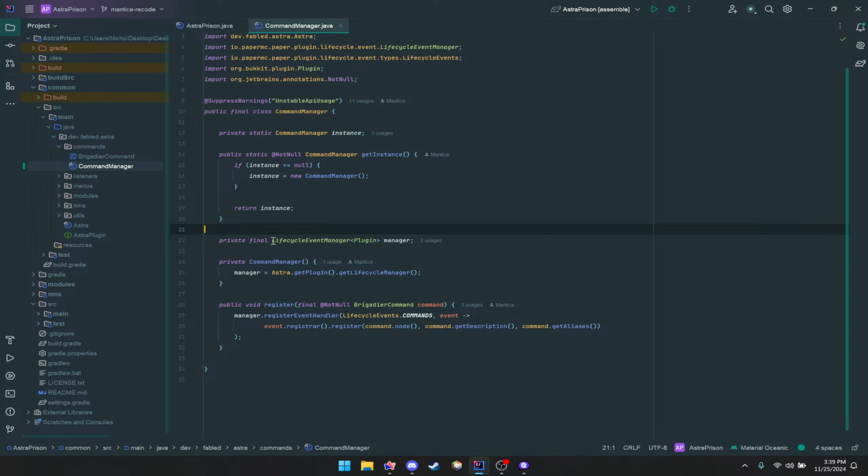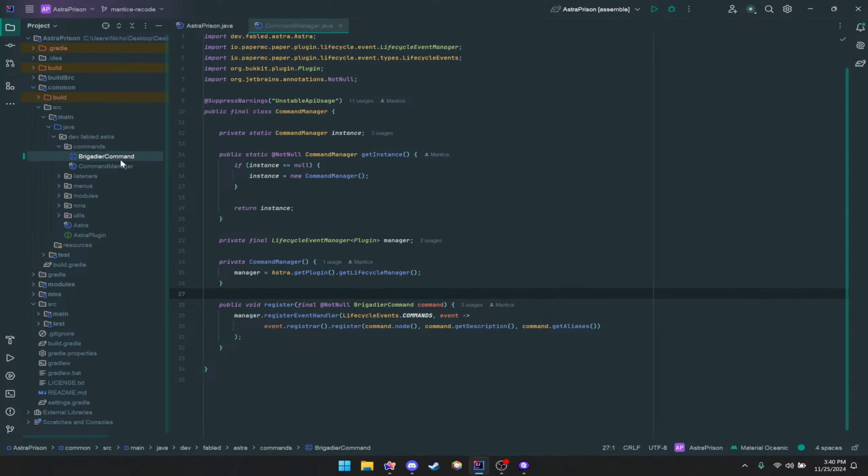But basically you need the lifecycle event manager, the plugin passed into it right there. And you get that from your main class, get lifecycle manager. And then when you register a command, you do event.registrar.register, and then the command node, the description, and the aliases, which I made a wrapper for in this